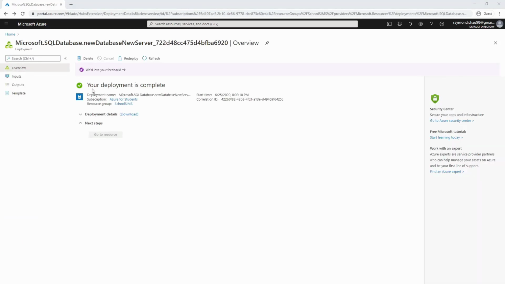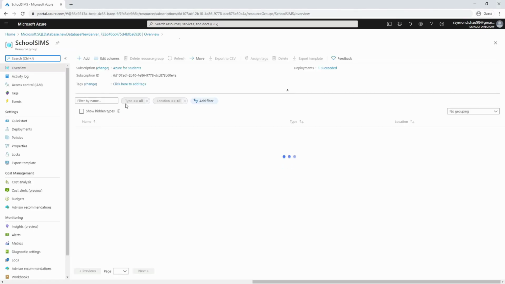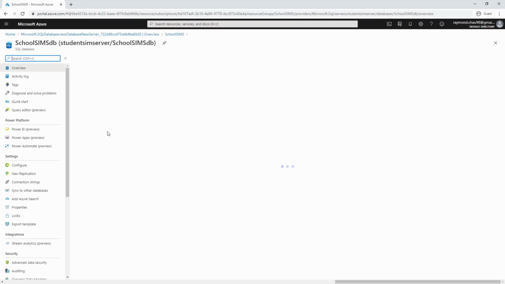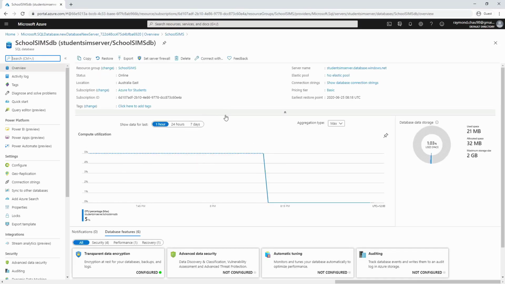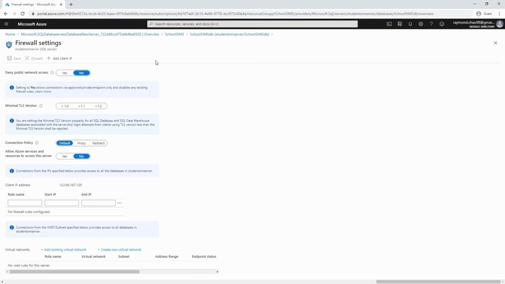Once your deployment is complete, you should be able to click Go to Resource. If this is grayed out for you, go to School Sims, and you should see two services here, one server and one database. Click the database, and you should see this control panel here. Go to Set Server Firewall, and make sure Allow Azure Services is set to Yes. Create a new rule called Everything,